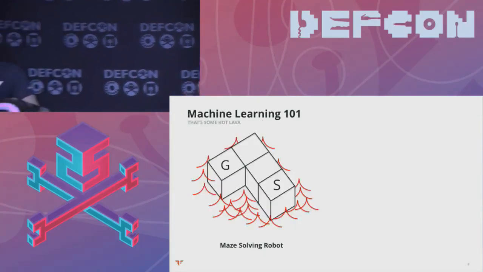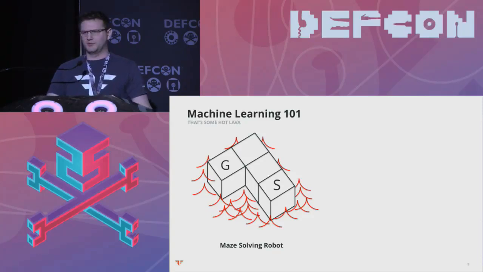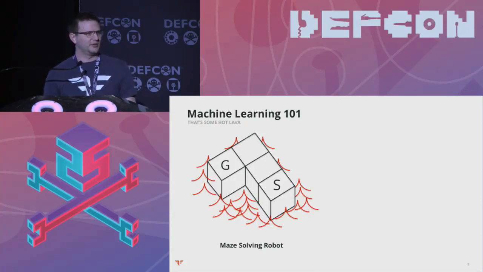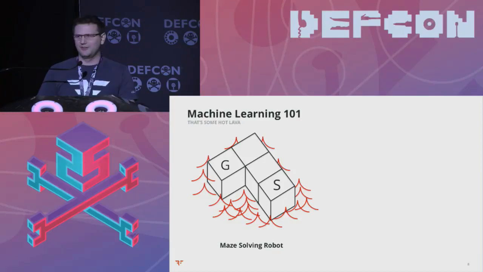I described machine learning and artificial intelligence as a magic trick earlier, and if it's magic, then let's try to demystify that a little by learning how this works. Then maybe you won't be quite so scared of it once you discover exactly how it works. There was this fantastic cartoon I wish I could have put on here, but the text was too small to read, where the Scooby-Doo gang pulls the wig off of some sort of monster that's like, oh no, machine learning, and it pulls the mask off and it's stochastic gradient descent, it was you all along. So, something along those lines.